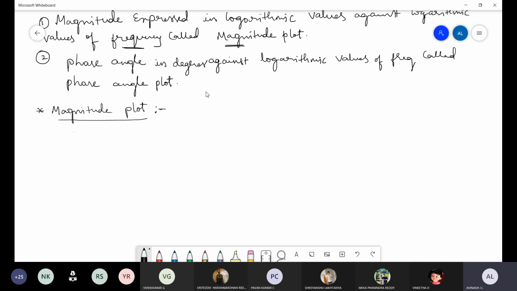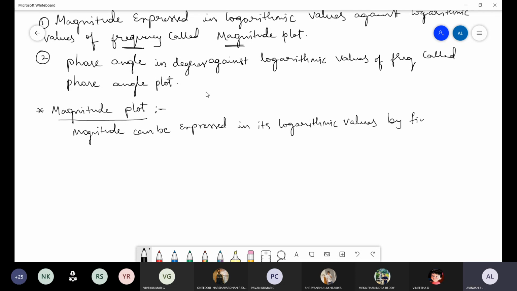Write down, all of you, the magnitude can be expressed in its logarithmic values